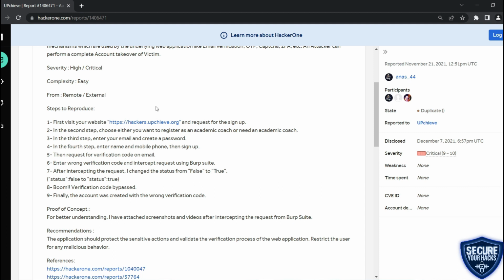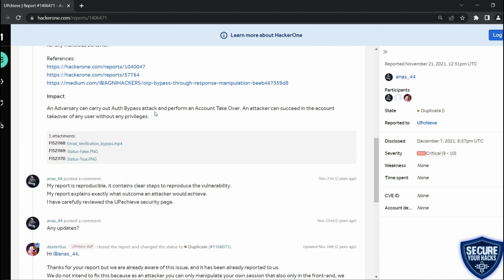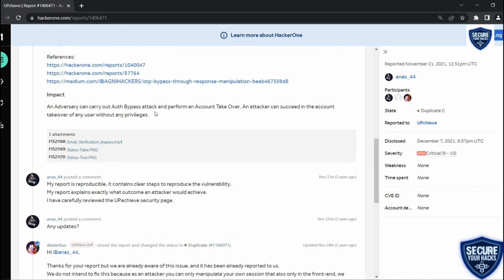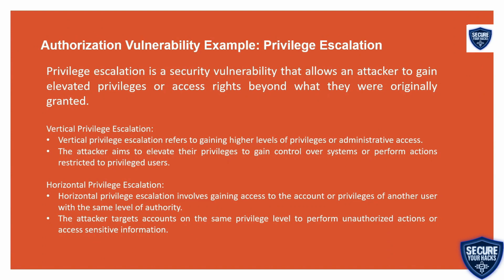Now let's move to the next part, which is on privilege escalation and authorization vulnerability. Privilege escalation means gaining higher privileges or access levels than one is authorized to have within a system or application. It's like having a master key to unlock restricted areas. Let's take an example. Suppose you are in a hotel and you have privileges to go into your room, but not the other rooms. What if somehow you figure out how to get those keys to unlock other rooms,